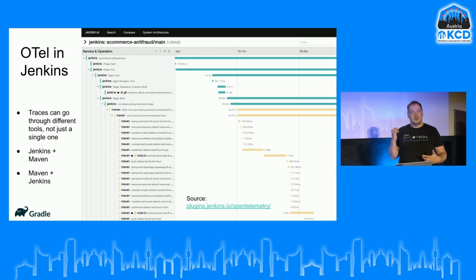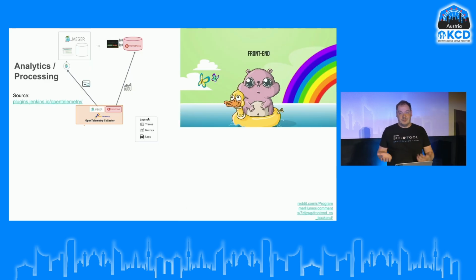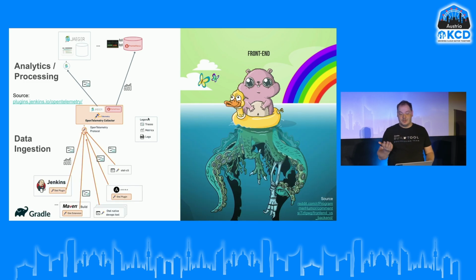Do you have it for your projects? No. Even if you use OpenTelemetry for Java projects, if you have some observability, most likely this doesn't really happen in a real project. And there are quite a lot of reasons for that. The biggest reason is, of course, the data ingestion part, because it's complex.